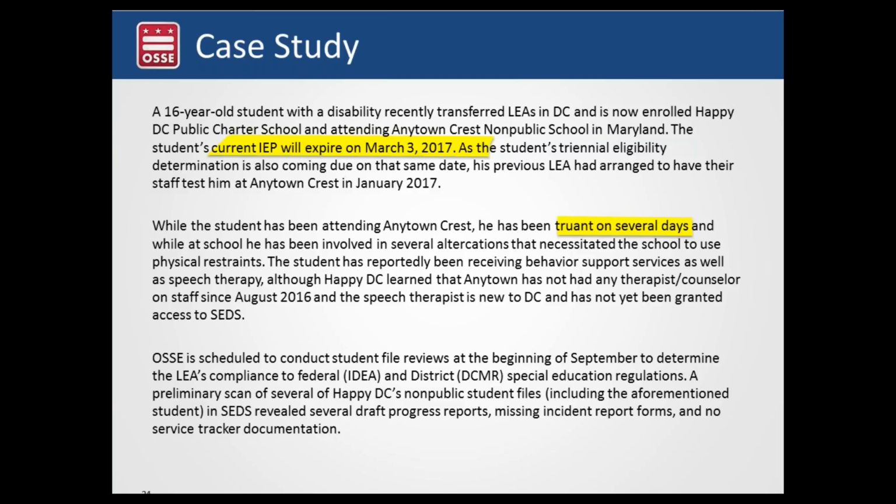Even though the LEA is able to view attendance records in SEDS, since the student is attending the non-public, since they're showing up in person at the non-public or not, it is a requirement for the non-public to flag that for the LEA. So we want to see that the non-public has sent that notification, and then the LEA responds to that notification appropriately by, for example,